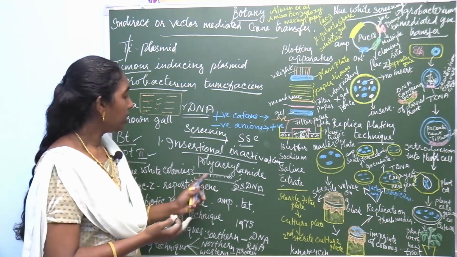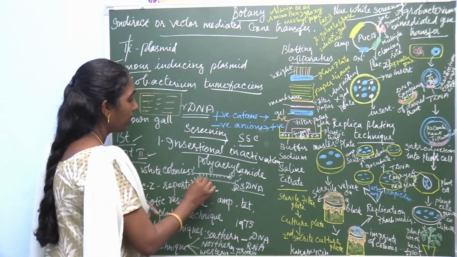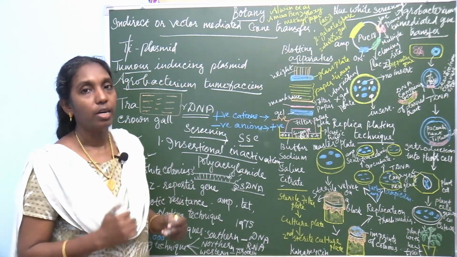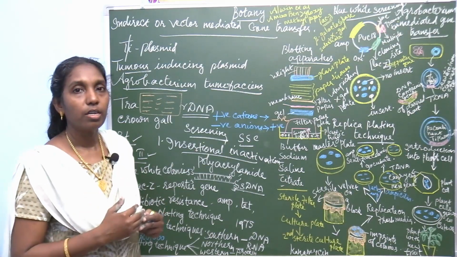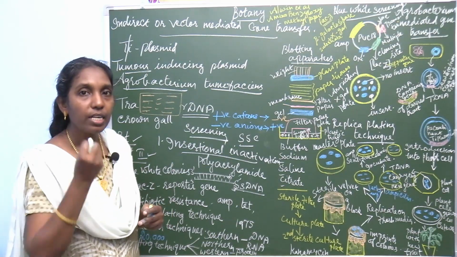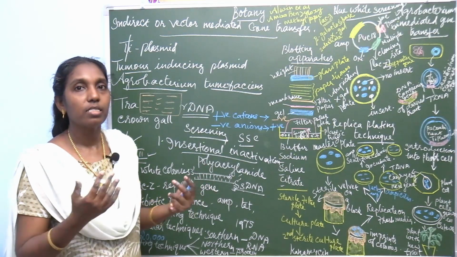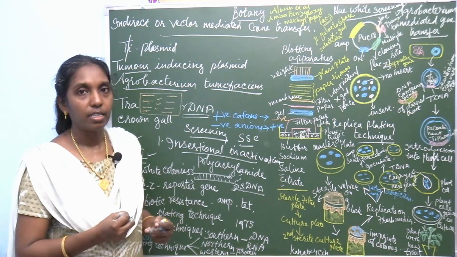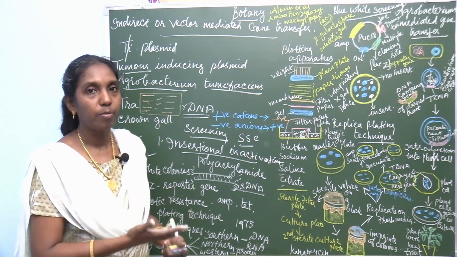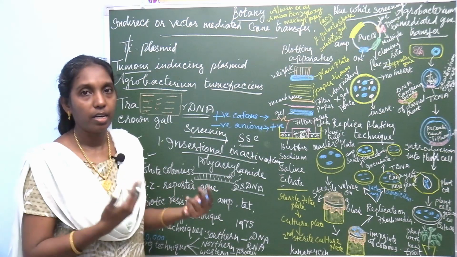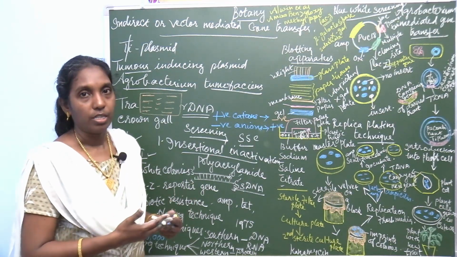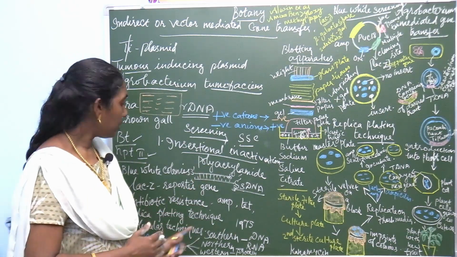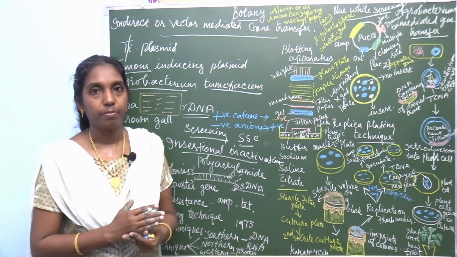Then there is hybridization of DNA, detected by autoradiography. Autoradiography is the method of detecting the image in the form of X-rays. Likewise, the image is detected with the help of either emission of light or emission of radiation, and the image is captured. This is the Southern blotting technique.